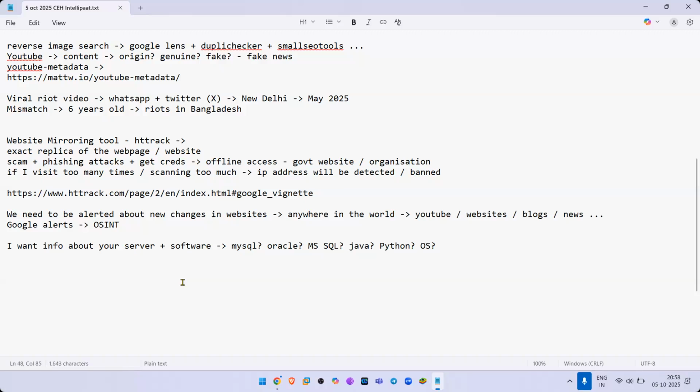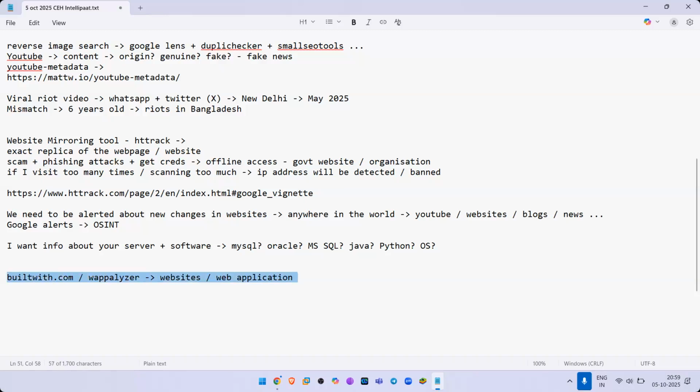Yes, hackertarget.com, but I have a simpler option here. Okay, so how can I get this information? Come on, guys, think like a hacker. How will a hacker get this detail? This is not available on builtwith.com. This is not available on Wappalyzer. Wappalyzer will give you details about your website, your web application, but not your server. Even Whois will not give you this information.